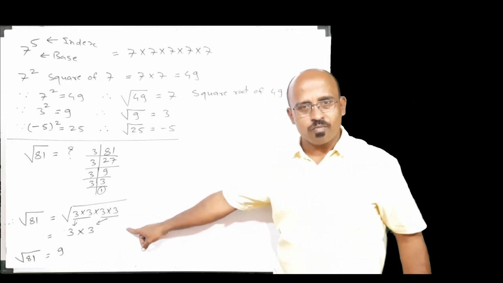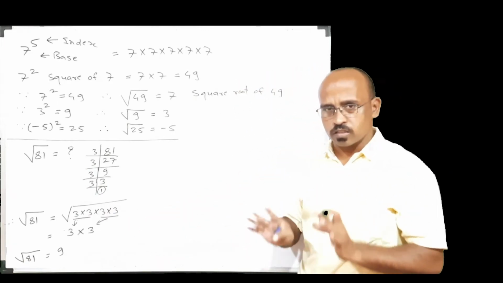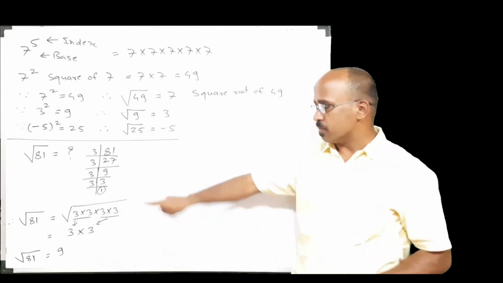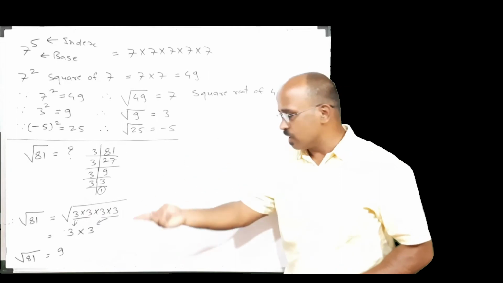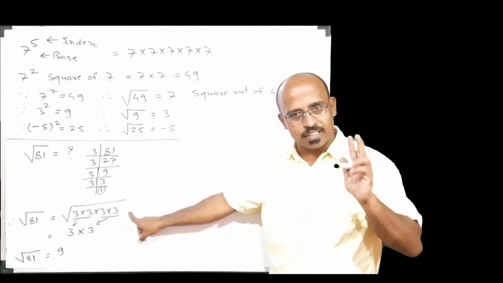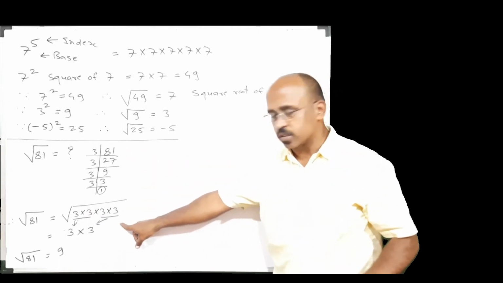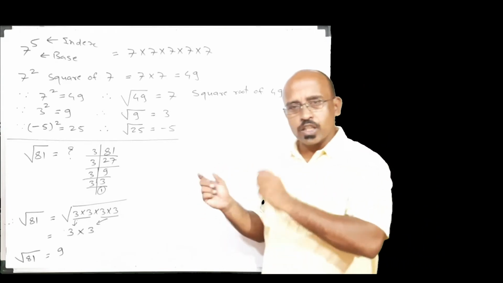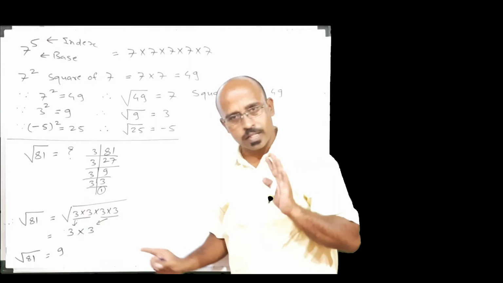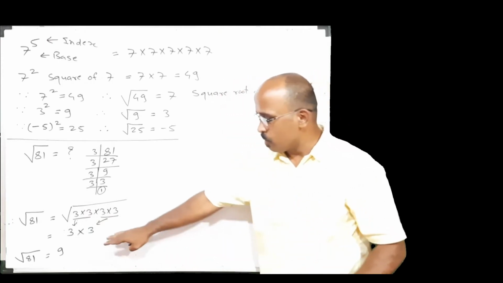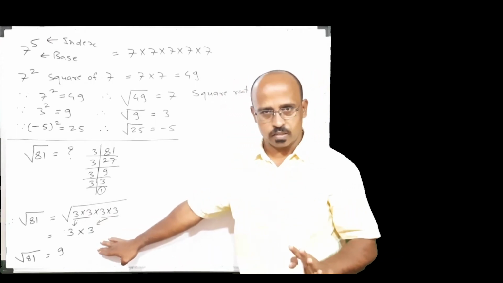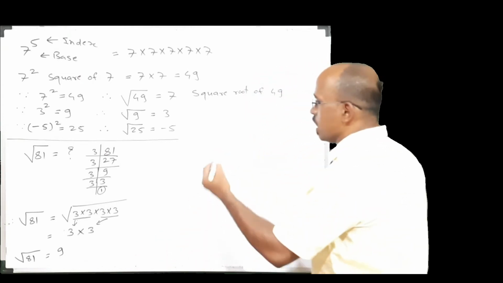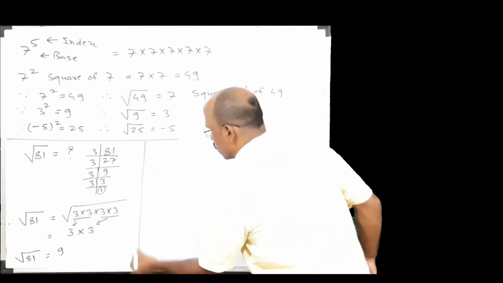Is it clear? I hope you are getting it. So what are our steps? First step, factorize the given number. Second step, write the factors in the radicand sign. Third step, make groups of two factors. And for each group, take one number out of the radicand sign and finally perform their multiplication. I hope it will be much clearer with the next example. So let's find the square root of 144.